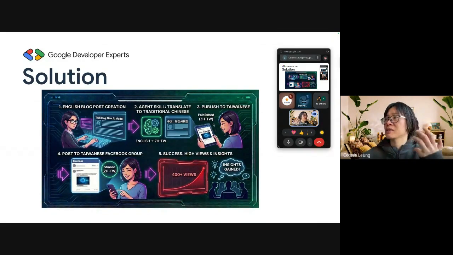You can think of it as the Medium in Taiwan, right? And then I shared that blog post to the same Taiwanese Facebook groups,